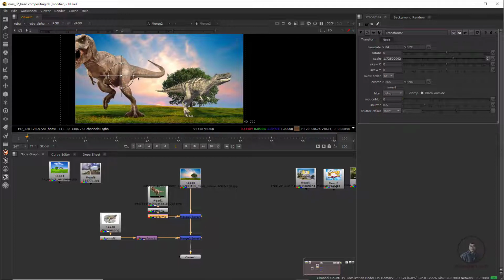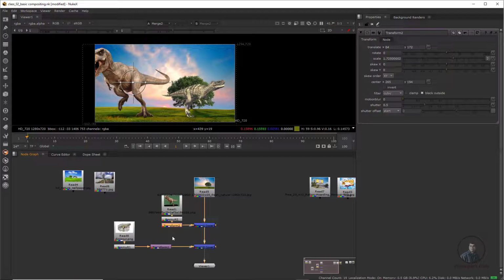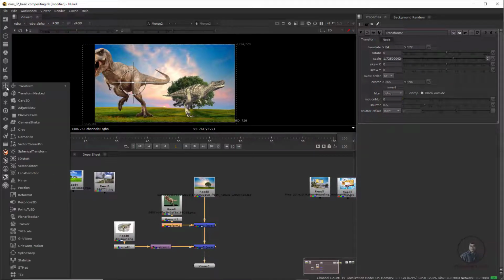Now after this, what I am going to do is make this dino face towards this dino. So we have to flip this object or this image. For this we need a mirror node. Even if you want, you can also flip with the help of scale, but here I am going to use a mirror node. With the help of the mirror node, you can flip your image or object. So how can we do it? Just select this one, click on the transform node tab, and here you will get this mirror, this one. Now connect it here.